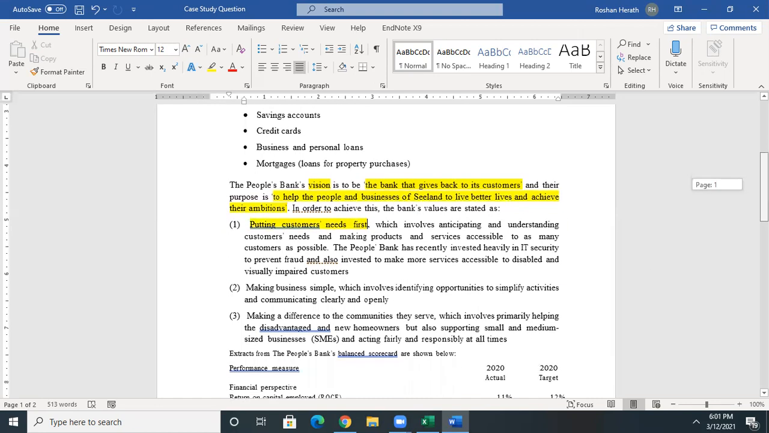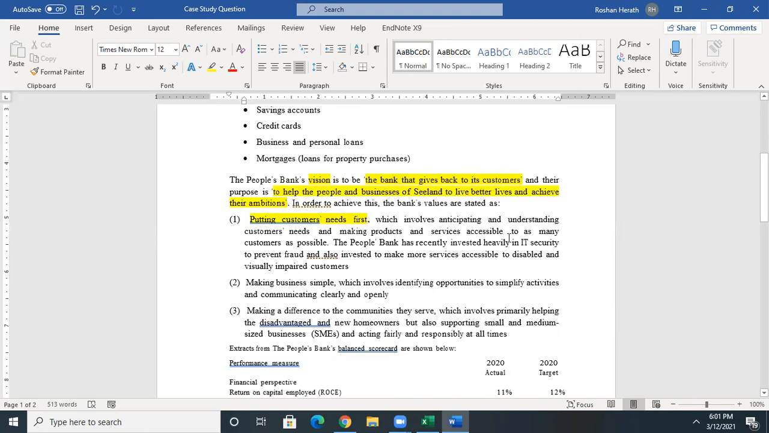So the customers needs වලට priority එකක් දෙනවා. So එතනදී anticipating the needs, understanding the customer needs, and making product and services accessible to as many customers as possible. These are some of the consideration. The People's Bank has recently invested heavily in IT security to prevent fraud and also invested to make more services accessible to disabled and visually impaired customers. So recently they have invested heavily in IT. IT security වල heavily invest කරලා තියෙනවා ඒත් එක්කම invest කරලා තියෙනවා to make more services accessible to the disabled community and the visually impaired customers. See, so they are more into a kind of philanthropical kind of a task නේ. චුට්ටක් බලනවා මේ customers ලා ගැන care කරන entity එකක් නේ. They put the customers first